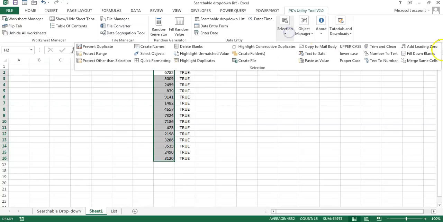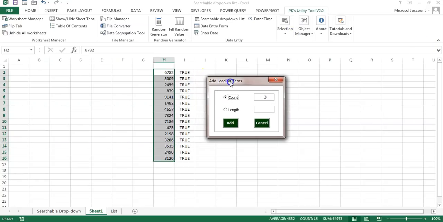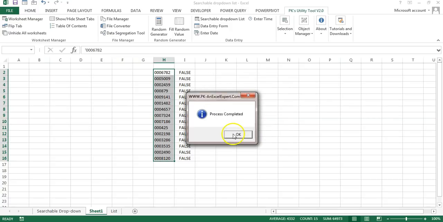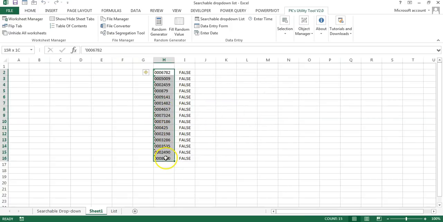You can do it directly, just select this range. Go to the selection, add leading 0. It will open this form. Now it will ask how you want to add the leading 0. Do you want to give the count of leading 0s? You can hover here and it will show the number of leading 0s to be added. So let's say 3 or 2 or 1, whatever you want, and just click on add. So you can see 3 leading zeros have been added in each number. Now let me check the length of this. You can see the length, somewhere it is 6, somewhere it is 7. Basically it has added 3 zeros to each number.